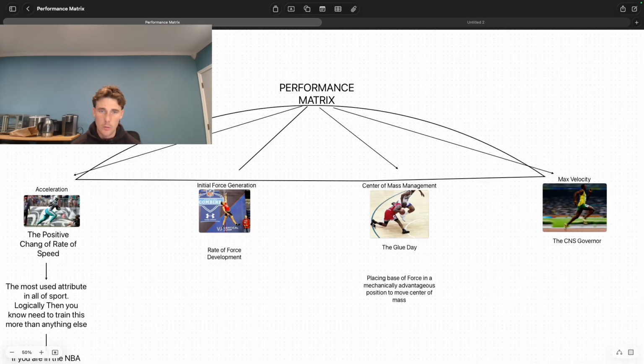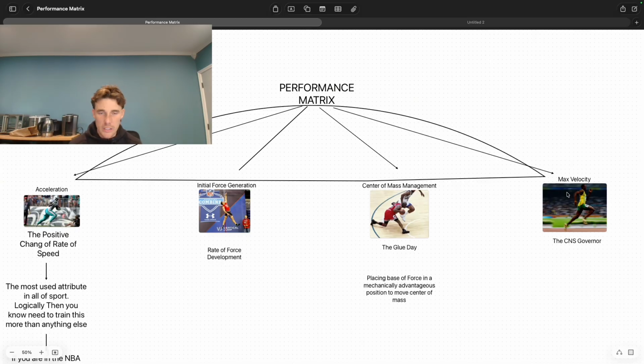So we've got acceleration, which is the positive change of rate of speed. We have initial force generation, which is all about rate of force development. Center of mass management, which serves as the glue, which is placing your base of support in a mechanically advantageous position in order to change direction faster and better. We also have max velocity, which is what we call the CNS governor. If we raise your max velocity, we increase the amount of force that your actual CNS can output from a